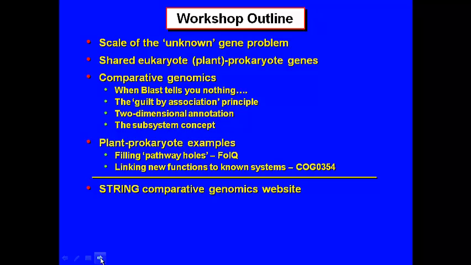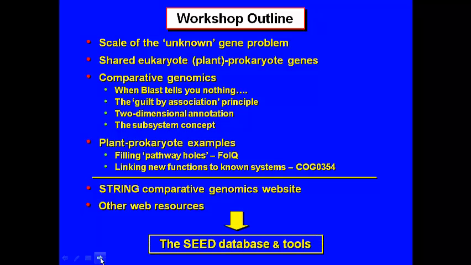Very briefly, we'll touch on a few other web resources, but we're going to spend the bulk of the time introducing you to the SEED database and its tools and related tools for comparative genomics. And this is a very powerful database and the tools, but it requires significant instruction before you can fly it. And that's what you're going to have in the first, particularly the first day and tomorrow somewhat. But you can only really learn to fly it by taking the controls, and that's what you're going to do with building subsystems. Some of you brought your own problems, others will give you problems to work on, and that's the way of familiarizing yourself with how to actually exploit it to its max.